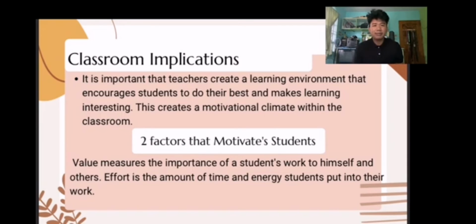This creates a motivational climate within the classroom. So I would agree to this. I'm just imagining a student who's having a problem at home will have the same problem when they go to school. So that means, how can they be motivated in learning if there is no difference between the home and the school? Well, of course, in another context, if the home is friendly, then